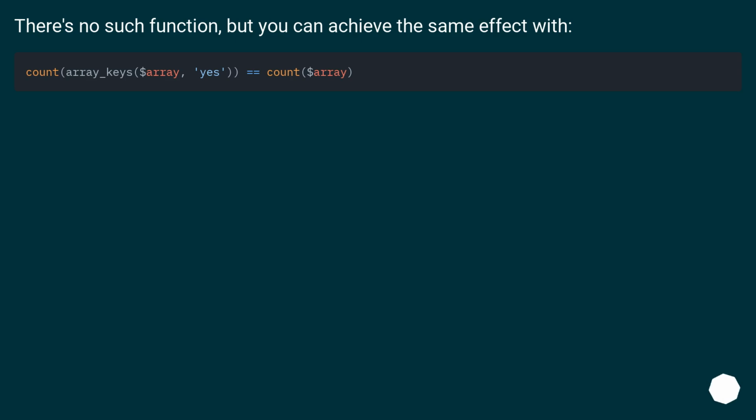There's no such function, but you can achieve the same effect with